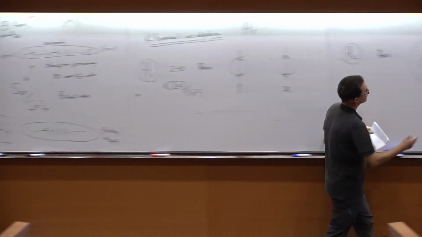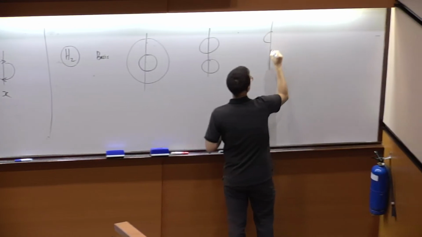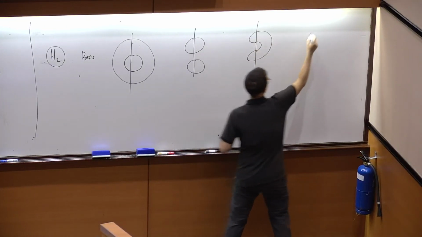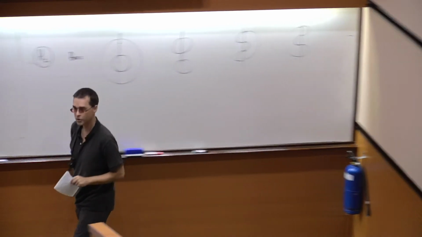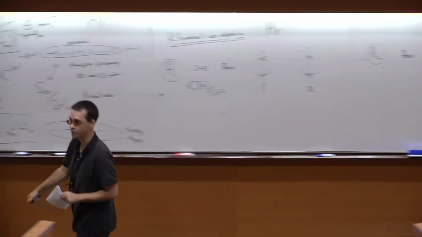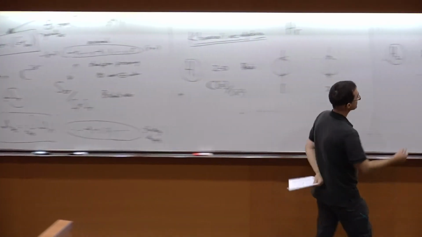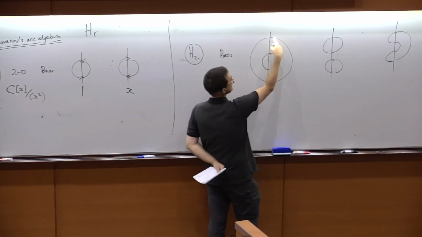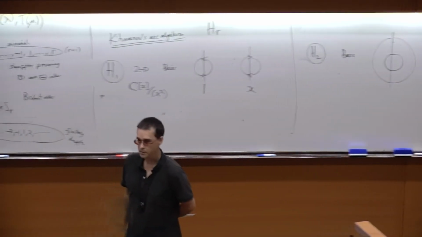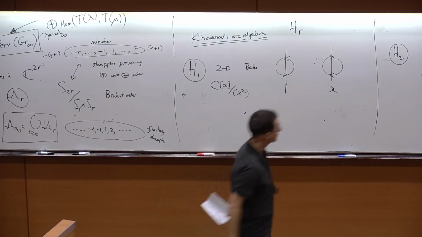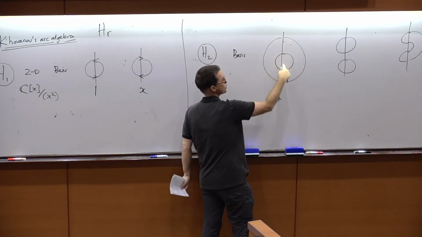So you could put little arcs, or you could have little arcs and nested arcs, or you could have nested arcs and little arcs. Right? Those are the only ways of putting 2 arcs on the left and 2 arcs on the right so that there are no crossings. And then you've got to orient the picture. That's this data. So this outer circle can be anti-clockwise or clockwise, and the inner circle anti-clockwise. So actually there are 4 choices here, and each orientation will give you a sequence of